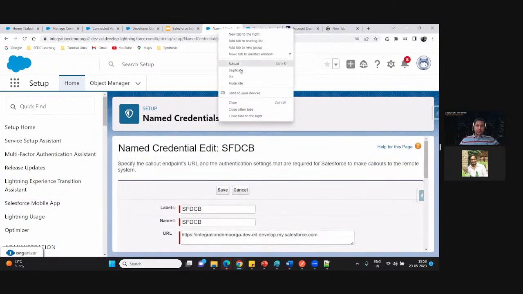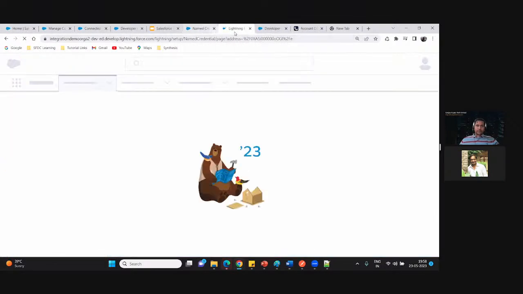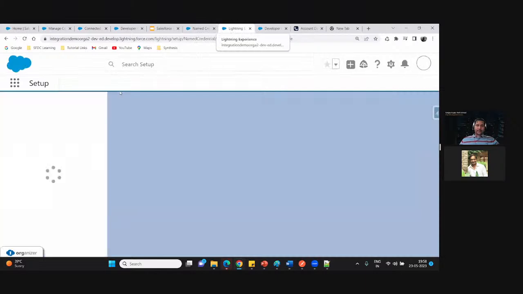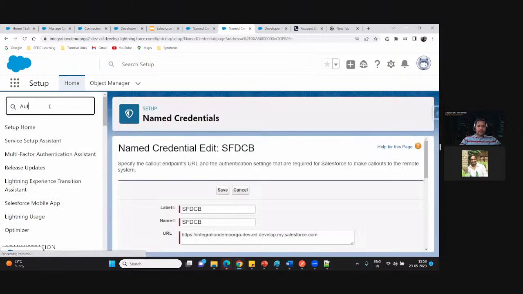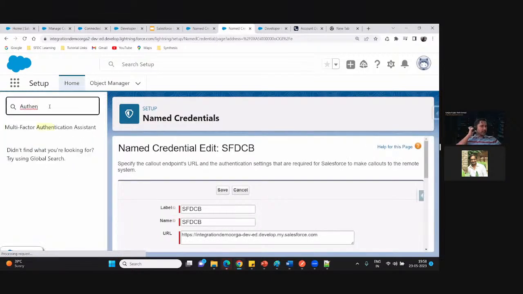Looks good. Let me revisit the authentication provider. Sometimes we also get this kind of an error because our connected app is not ready. So that might be one of the reasons.